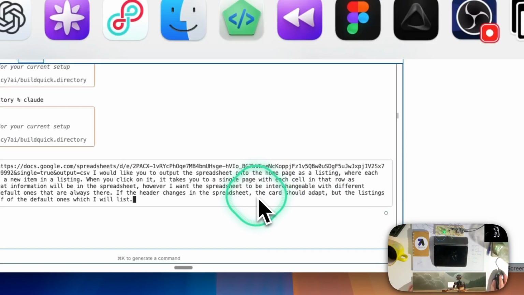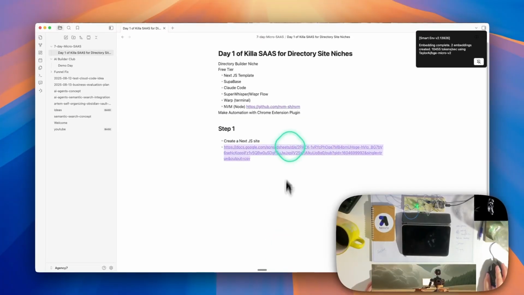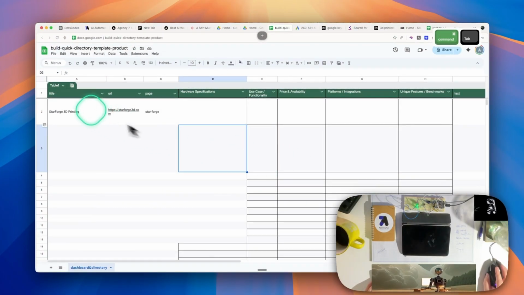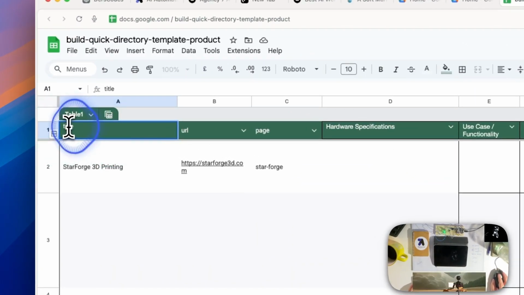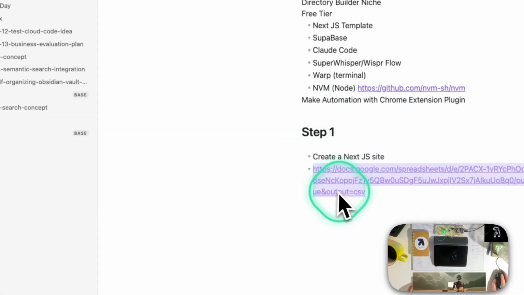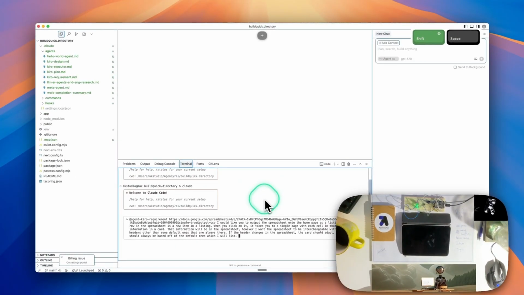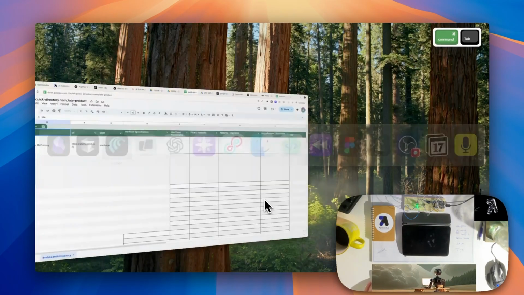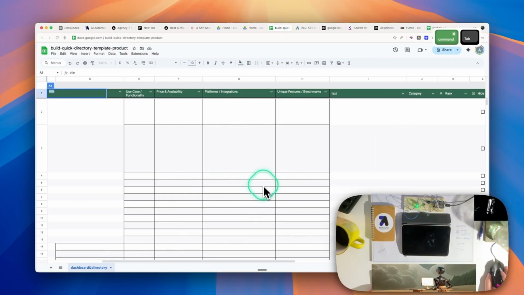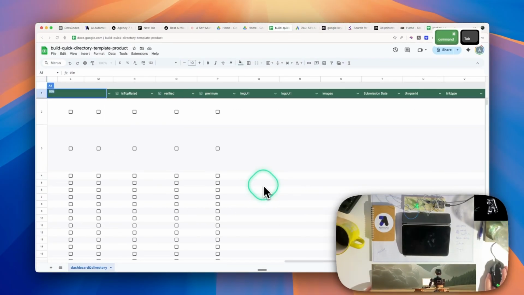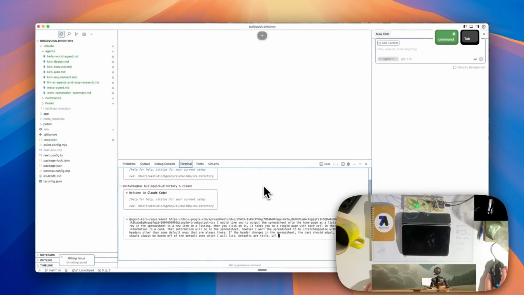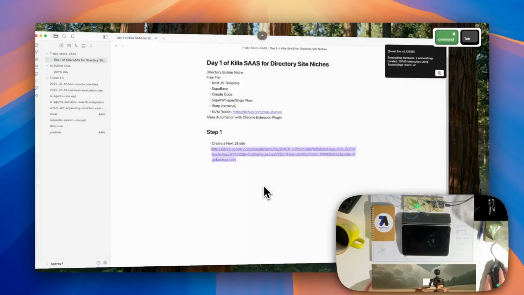So I'm going to list those default ones, which are going to be title, URL, page text, image URL,